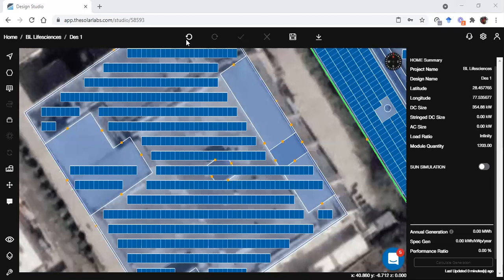Which cable size you want to use depends on installer to installer and location to location. You may want to go with copper cable or aluminum cable, with 4 mm or 2 mm. So it will depend from installer to installer, and the cable sizing calculation is not in the software right now.